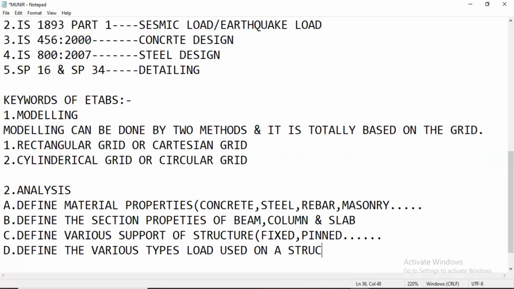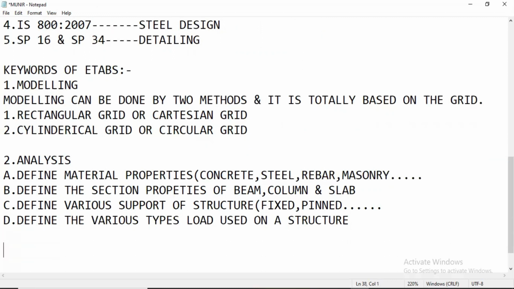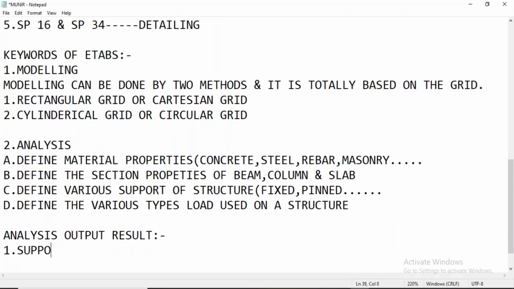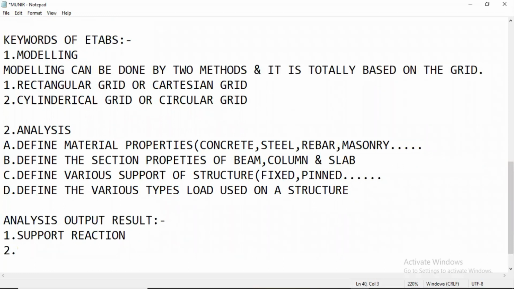So we do the analysis as an input. After providing the input, what do we get as the output result? In the analysis output result, the first thing we get is the support reaction. Second, we get